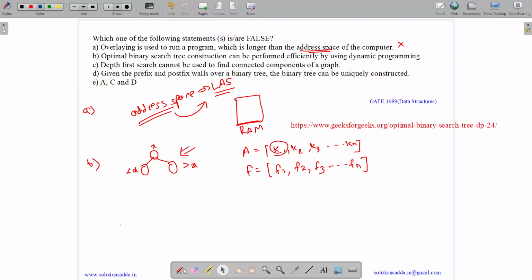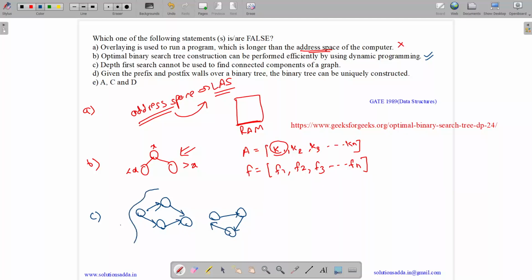So this option is saying optimal binary search tree construction can be performed efficiently using DP. Yes, this is correct. Option C, depth first search cannot be used to find the connected components of a graph. This is false. Let us suppose this is a graph over here. We can have a graph like this, and let us suppose this is the entire graph with two connected